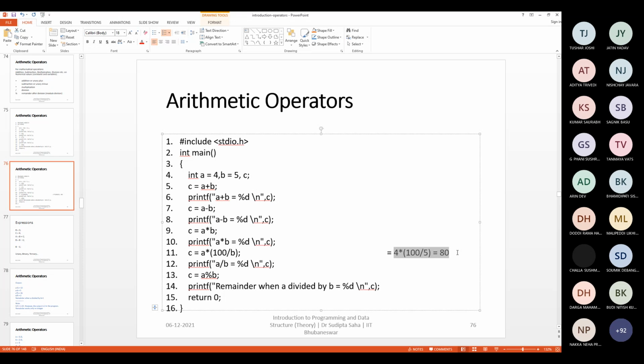Even using integer variables, that is quite possible. But who knows, this value is going to be 5 only. There may be some fractional part coming out of this division, which may be lost. So this is a specific case where you can rearrange these operations and define the sequence of happening. Then you can get a correct result.